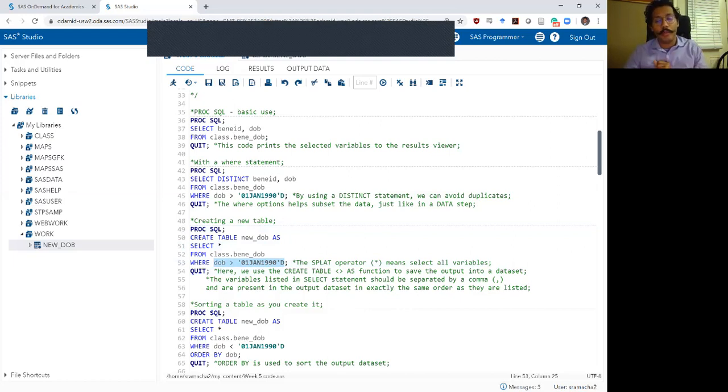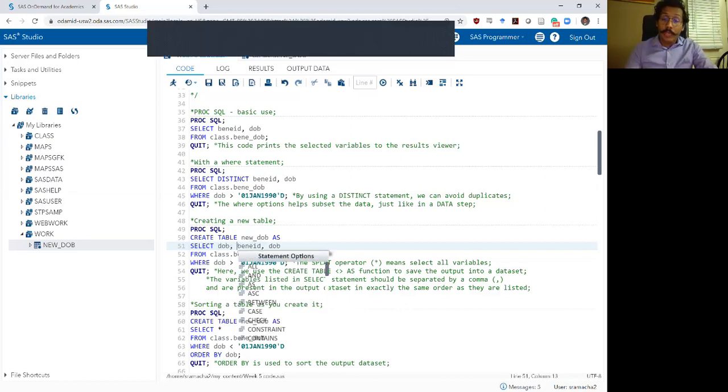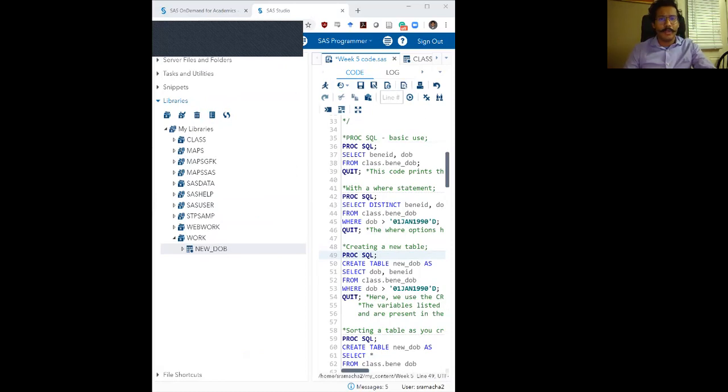The one other thing I want to mention before we wrap this video up is that select clause. Right? That select clause with the distinct or without the distinct operator is actually really powerful. When you list variables in that select clause, the output data set actually displays variables in the same order as you are listing them. So if I list here Benny ID, DOB, that's the order in which the variables will be listed. If I instead list DOB, Benny ID, if I want to see the date of birth first,